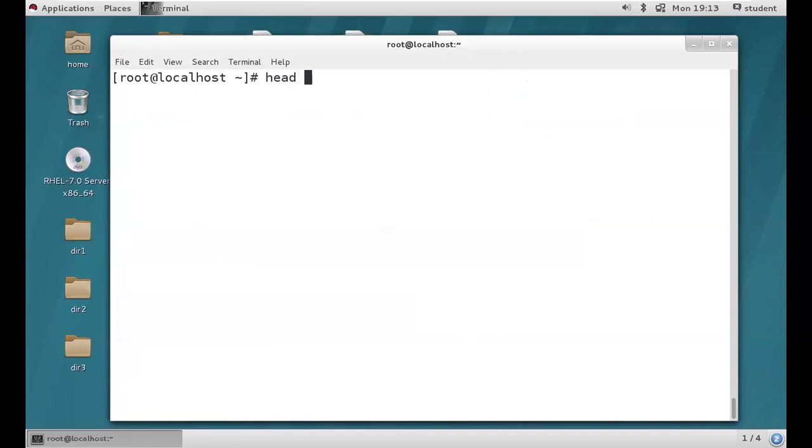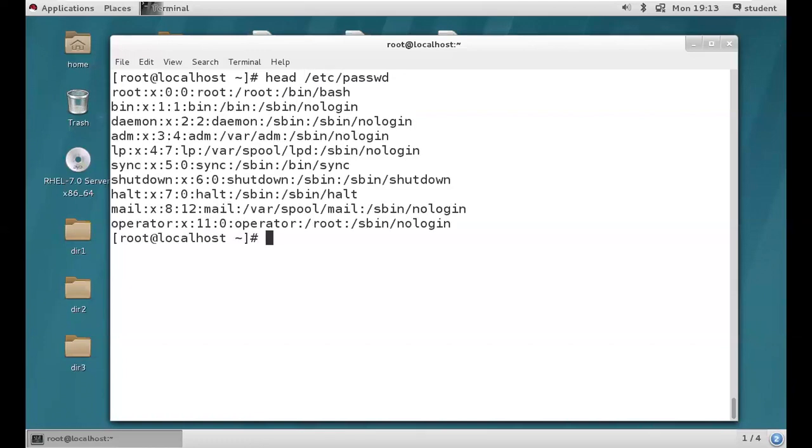For example, /etc/passwd is a file name. Then hit enter. You are going to get the starting 10 lines from your file. So got it, guys? But I need only 4 lines. Starting 4 lines only are required. So head -n 4, right? Or directly you can use -4 also.